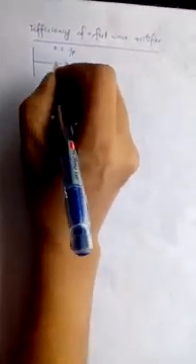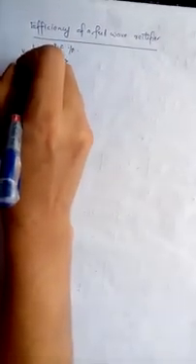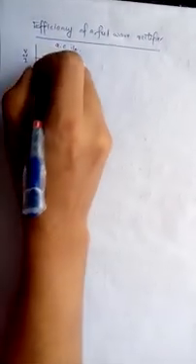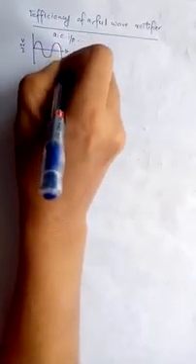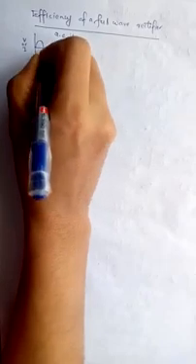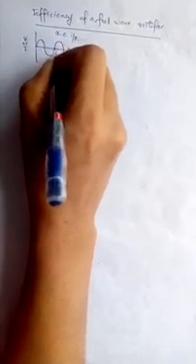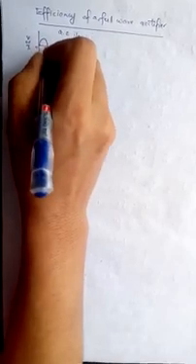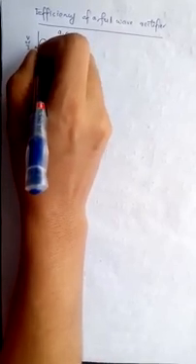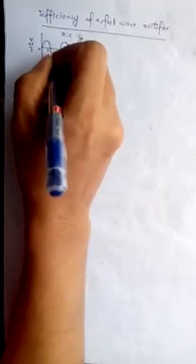rectifier. AC can be represented like this. Along the x-axis you can mark time, and along the y-axis you can mark either voltage or current. And the graphical representation of an AC will be like this. That is, the period of this AC is 2 pi, and during the interval 0 to pi it is the positive half cycle, and pi to 2 pi it is the